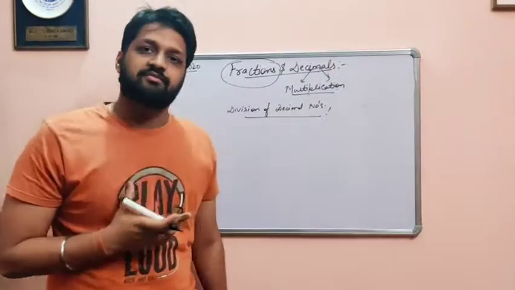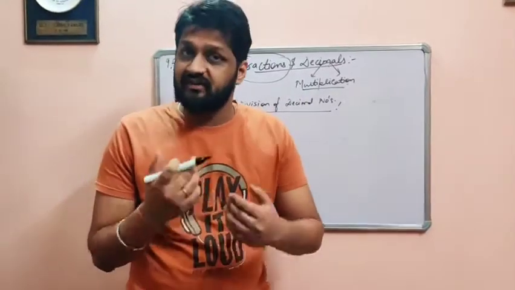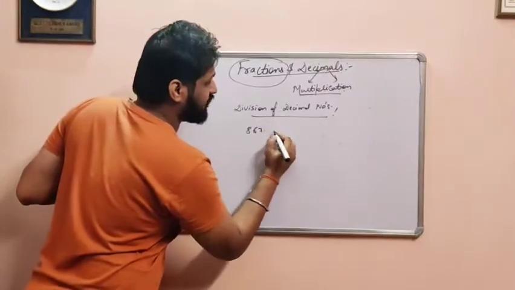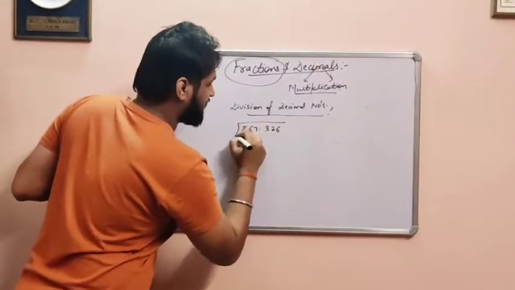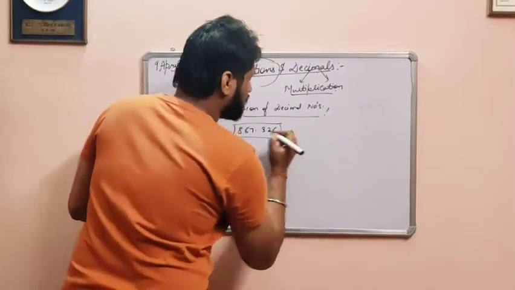There was a query from some student, so let's do one more question on the expansion of decimal numbers. How to expand a decimal number? For example, we have the decimal number 867.326, and we have to expand this. How will we expand this? As we all know, this is